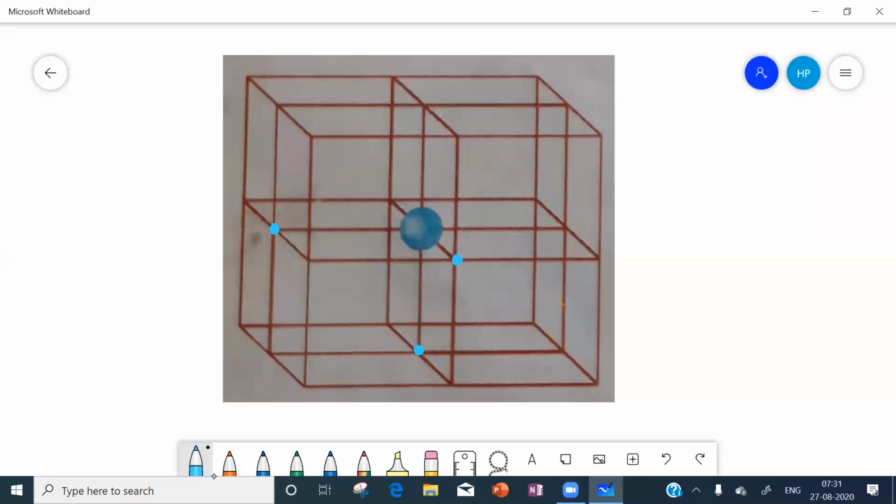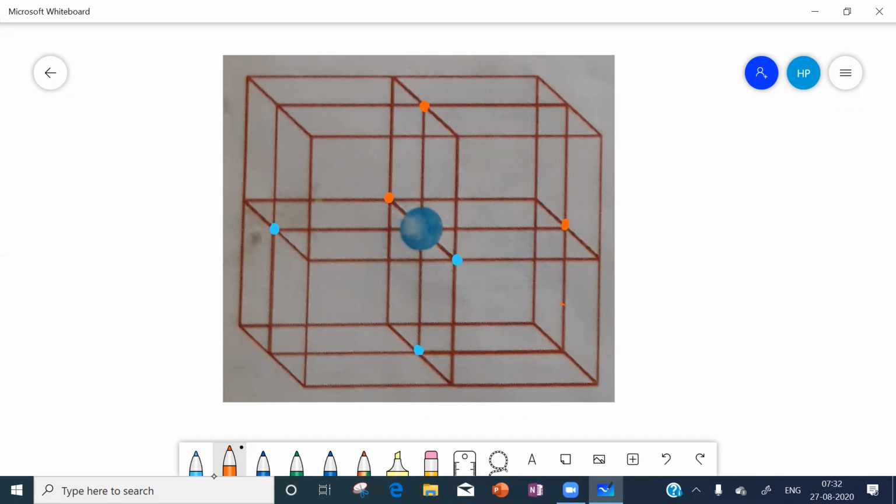Okay, next 3 face centers I will take. This is one face center. For this face center, the neighbor is this. Now this blue is one face center, this blue is one face center, this blue is one face center. This blue is in one layer. These orange face centers are in another layer. The orange face centers layer and the blue face centers layer are neighboring layers.